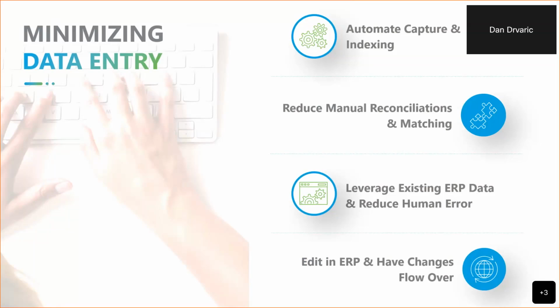So we're going to automate the capture and indexing. We're going to reduce the time that you spend manually reconciling things, matching things. We'll let automation do that. We'll let DocLink do all of that for us. We want to leverage the existing ERP data. I think this is very, very important because DocLink provides that very tight integration to Sage